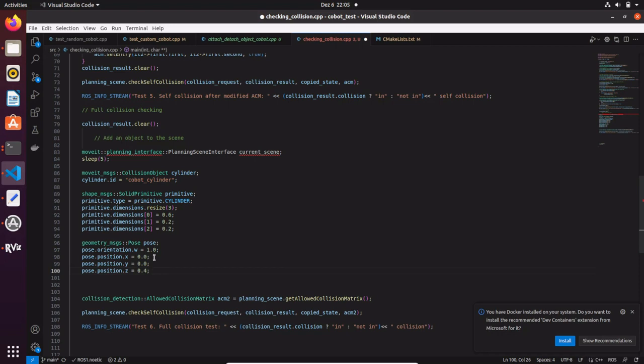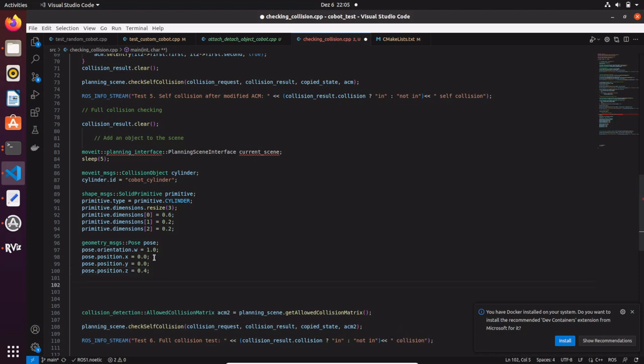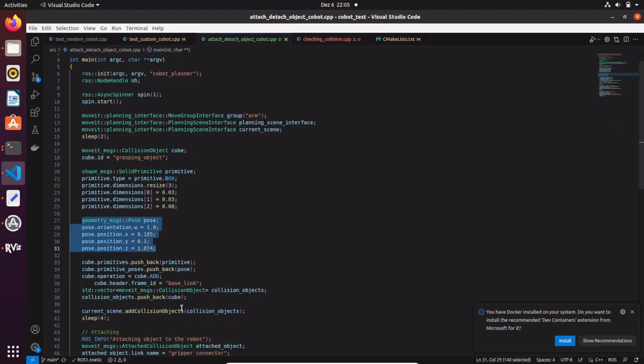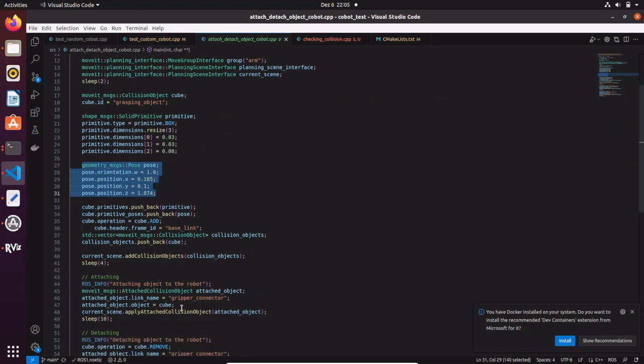And as an example, just put it at the center, in a place that we are certain that the robot is going to collide. So let's put it in 0, 0 and 0.4 in Z,